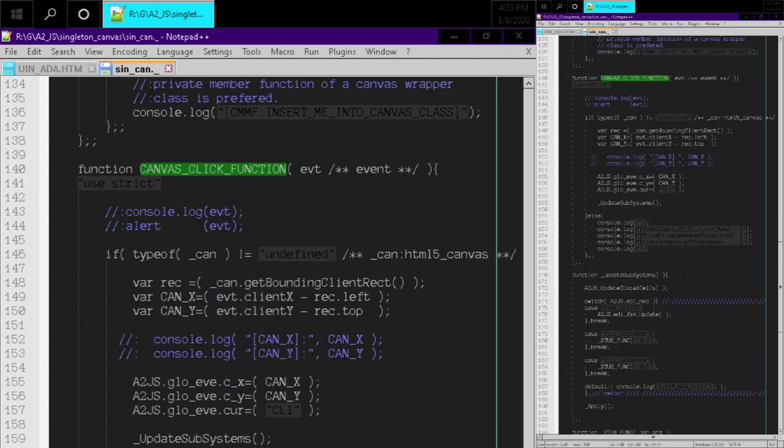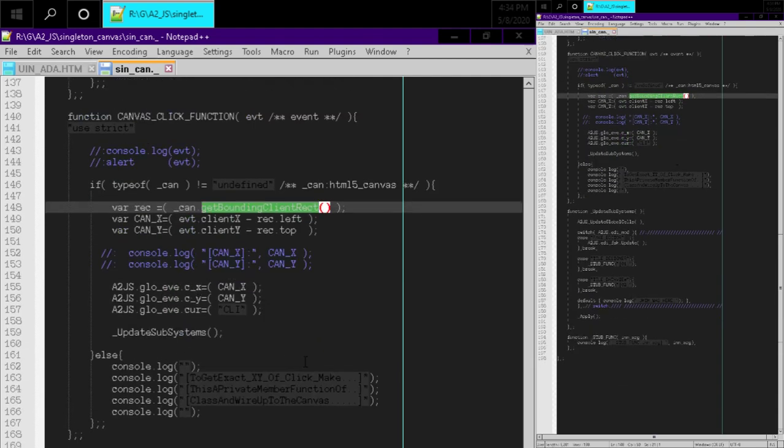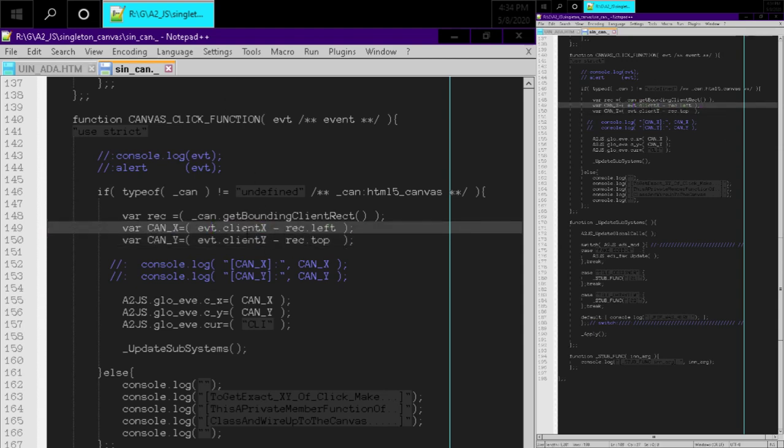You're down here. It looks like we have some code where we get the canvas X, the canvas Y. Alright, so there's a little bit of code here for getBoundingClientRect, and then clientX, clientY, and then that rectangle. Basically, I believe what we're doing is